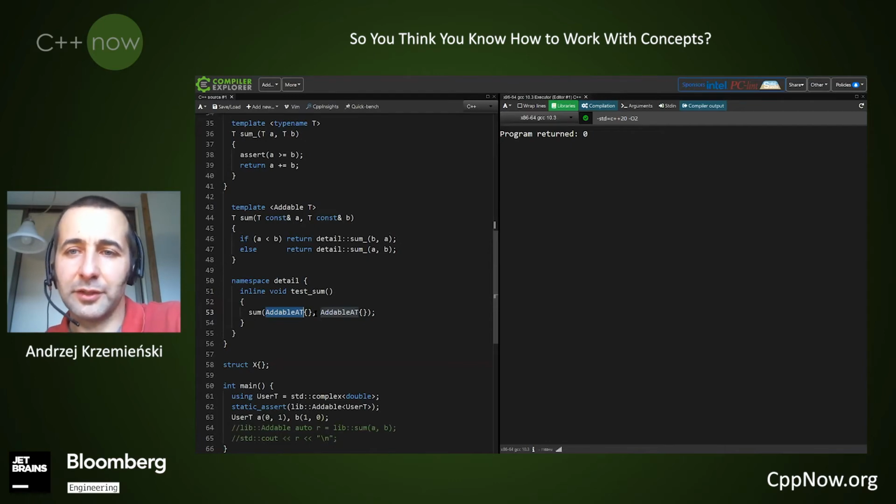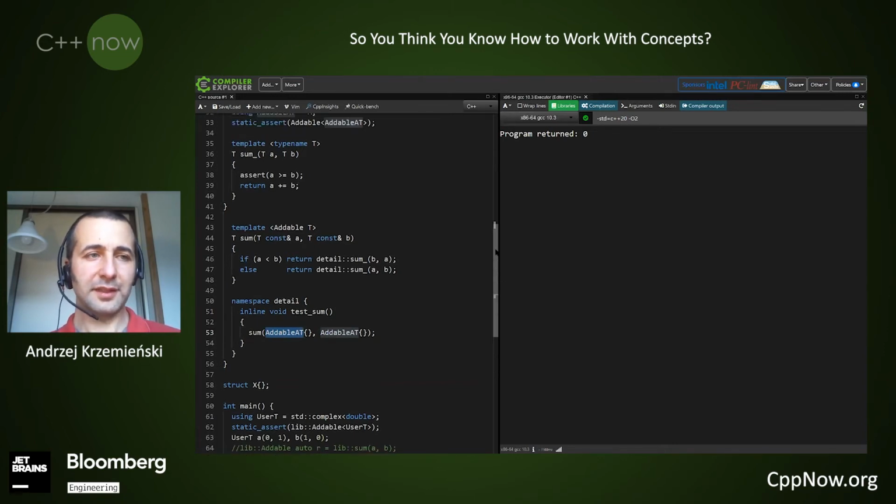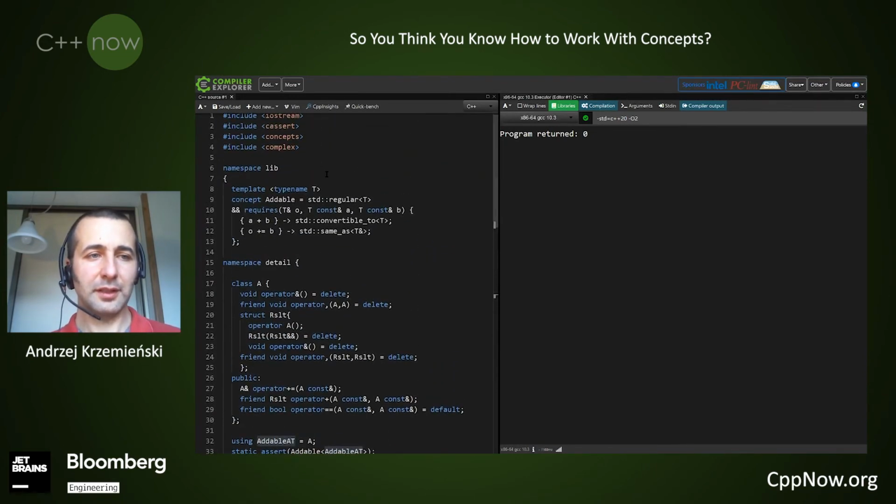It only means that the algorithms that rely on this concept are not allowed to create objects of this type. So in order to handle these cases as well, we would have to do another trick. And this will be to do the same as we do in the requires expression. Just introduce artificial variable names that we will never initialize.